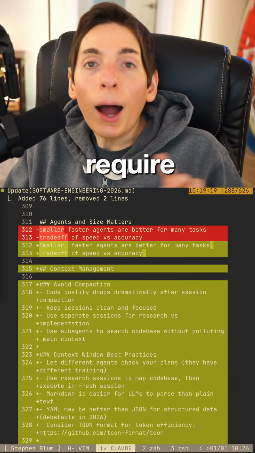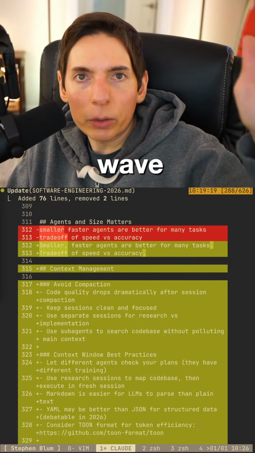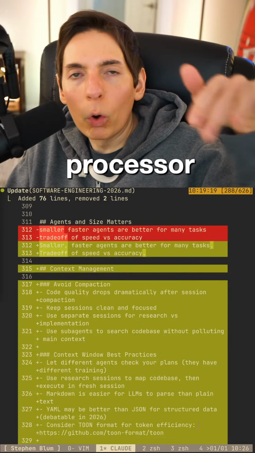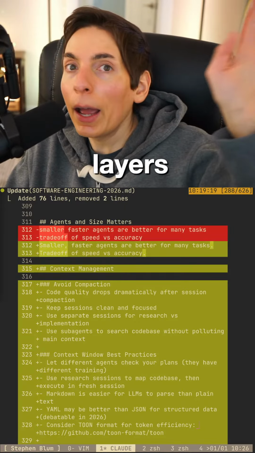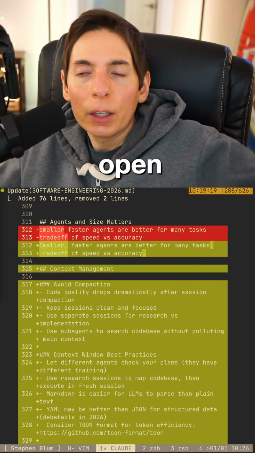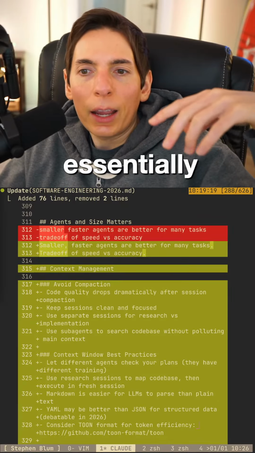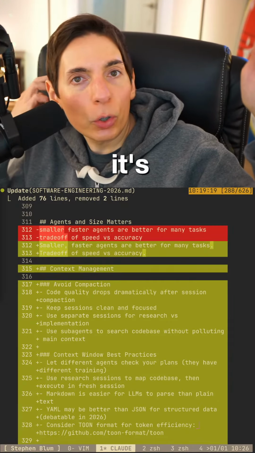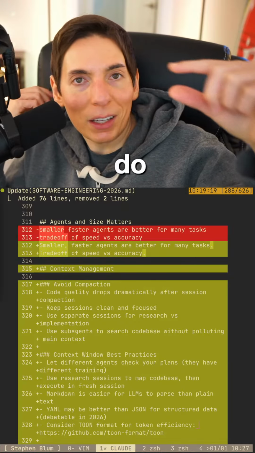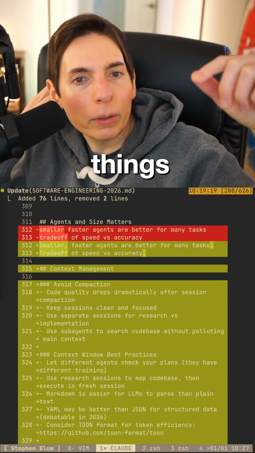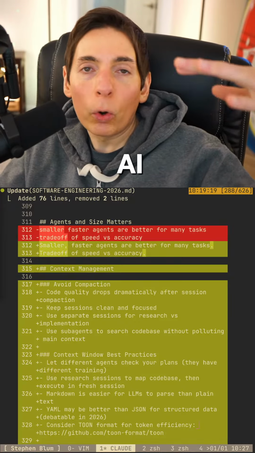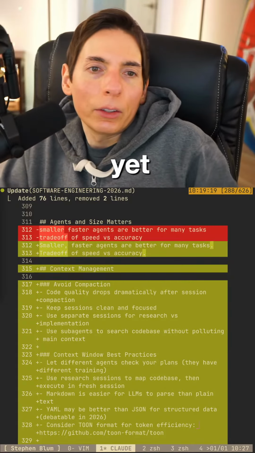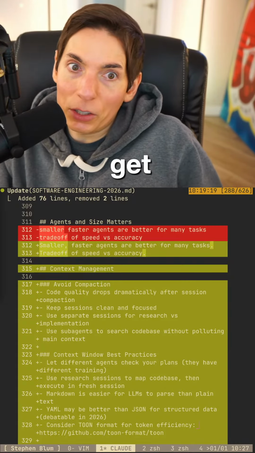I did use a D-Wave quantum processor as one of the layers, and I open sourced it. And so I made essentially a partial quantum AI. It's not good enough yet. It can only do very basic things, and it only works on traditional AI. It won't work for large language models yet. So once we get very big qubits, yeah, very big.